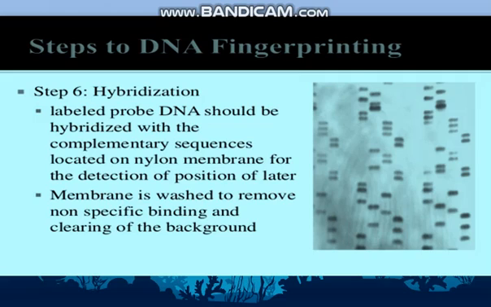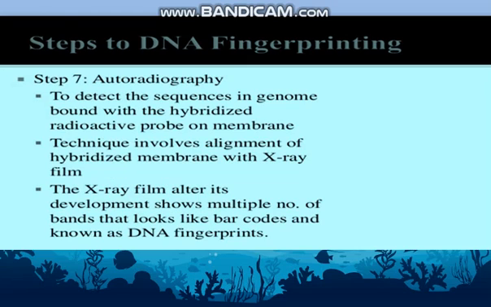So this is hybridization. The next step is autoradiography, and this step is done to detect the sequence in the genome bound with the hybridized radioactive probe on the membrane, and the technique involves alignment of the hybridized membrane with X-ray film, and the X-ray film after its development shows multiple bands that look like barcodes, and they are known as